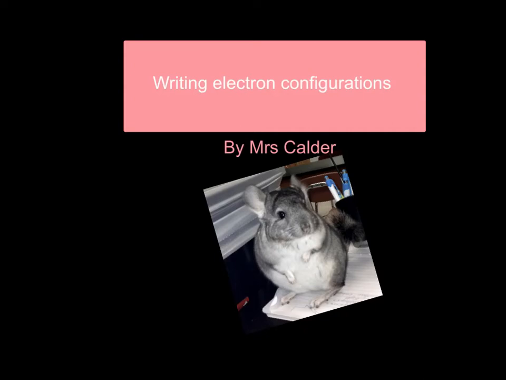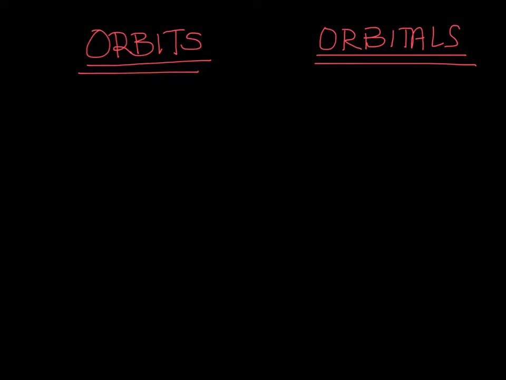Okay, this is a walkthrough of what we did in class on writing electron configurations. I'm going to give you a little bit of background about the periodic table and how it relates to the addresses where we can find electrons. Alright, so the first thing you need to understand is a little bit of background about atomic theory and quantum